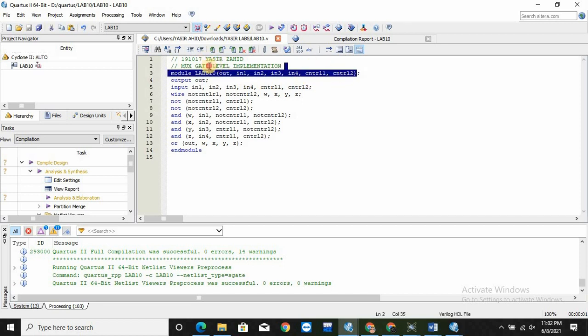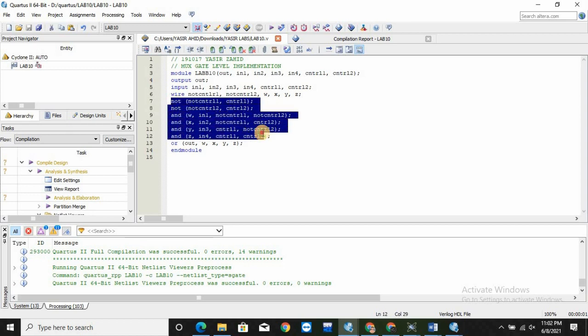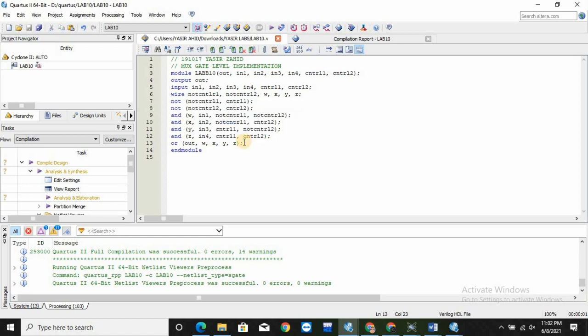Now simulating the same using the second software Quartus, here we have in our code written down all the inputs and the outputs. We have declared our one output. We are going to get our two control lines which will give 0 0, 0 1, 1 0 and 1 1, and these four input 1-bit lines. We have not declared any bits here, so it's a general 1-bit input, and this is the gate level implementation using NOT gate and AND gate, and then taking its OR at the output.